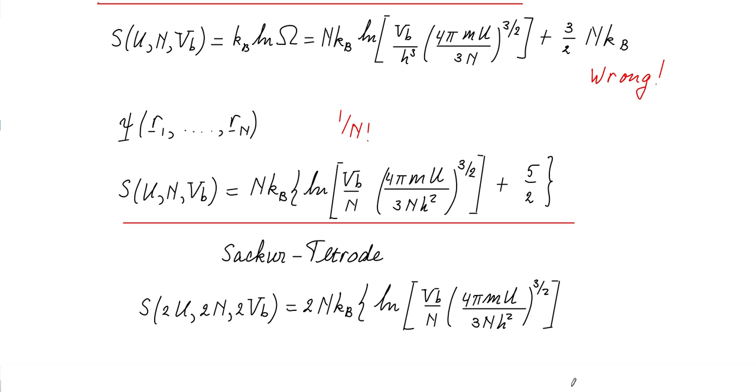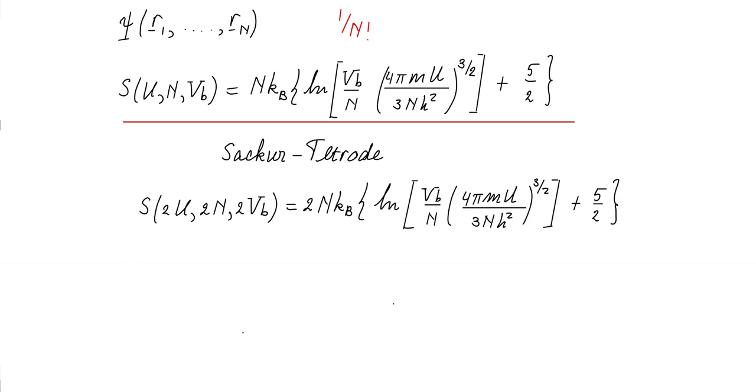And the 5/2 obviously is insensitive to the particle number. And so we see that this expression for the S is scalable. It tells us that S is an extensive variable. If we double the system size, then S becomes twice as big. So this is 2 times the S of U,